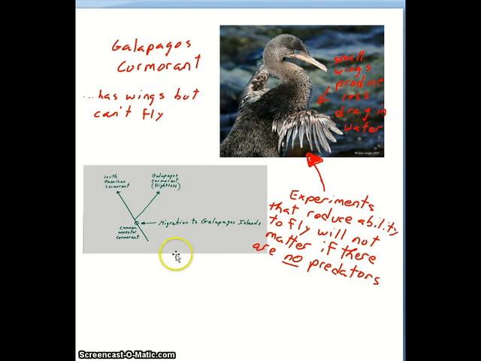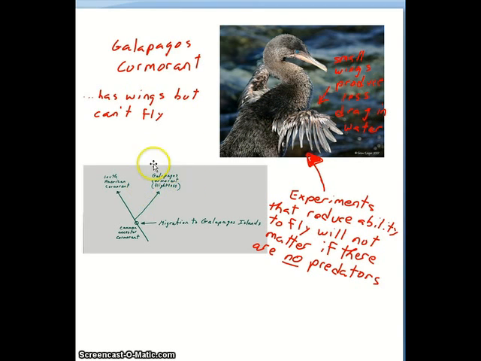So the idea here is that the cormorant that was able to fly colonized the islands from South America. Of course, there are still South American cormorants, but here we see the branch in the evolutionary tree. Some individual cormorants made it out to the Galapagos Islands, and in a situation where there are no predators, natural selection will not be favoring functional wings